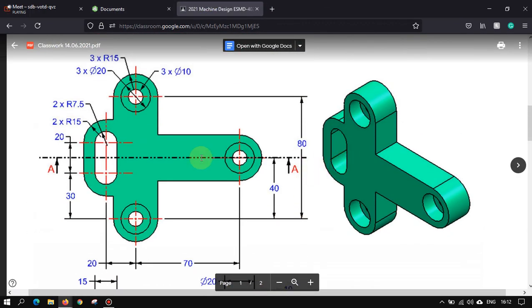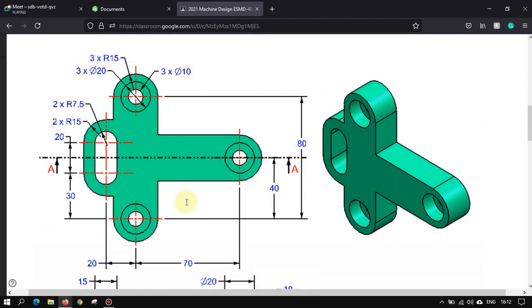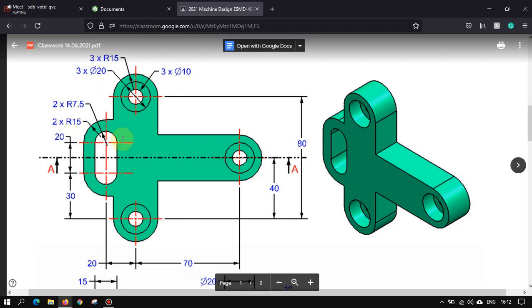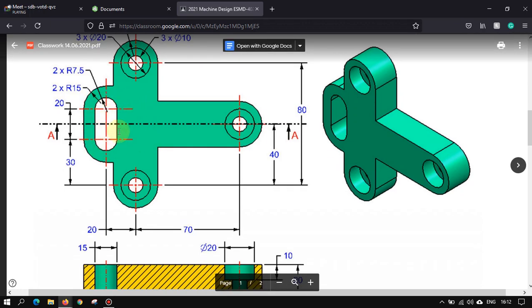Few of you have done the second one, right? The second one is the same as this, but there is a small difference. I'll draw in front of you. There's a small difference you have to do. How can you do it? You may think, sir, how to do this one? This is the most important part. Most of you may think how to draw it.